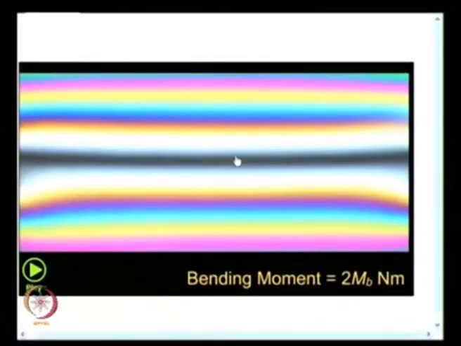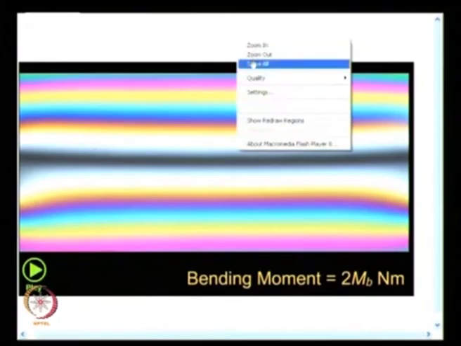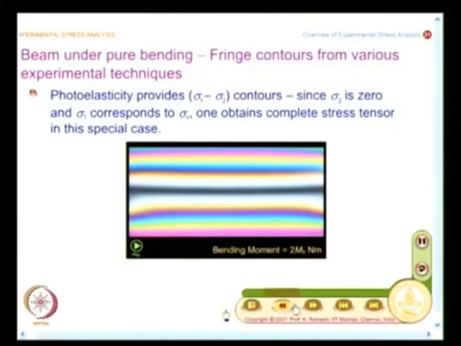So, you will not have perfect symmetry, there will be a small deviation, and you should not come back and say the experiment I have done is wrong. It is not so. In your analytical evaluation of stresses, if you also bring in the effect of Poisson ratio, then the stress patterns will be like this. So, experiment always gives you the truth, and you should never forget that. Okay. Now, what we are going to do is go back to the slide,